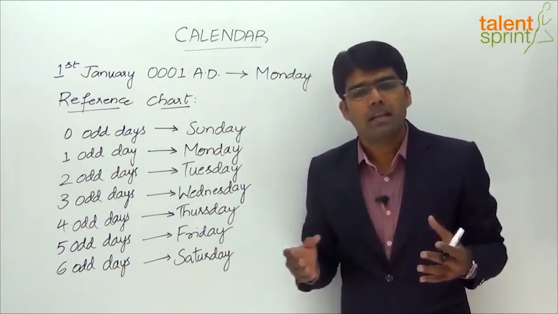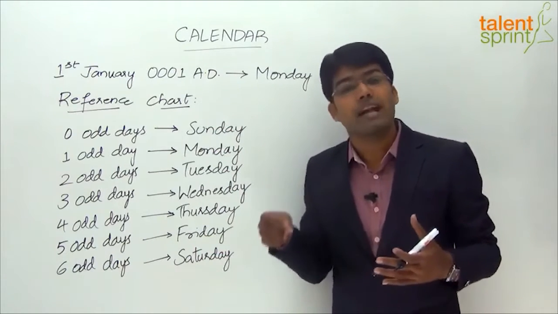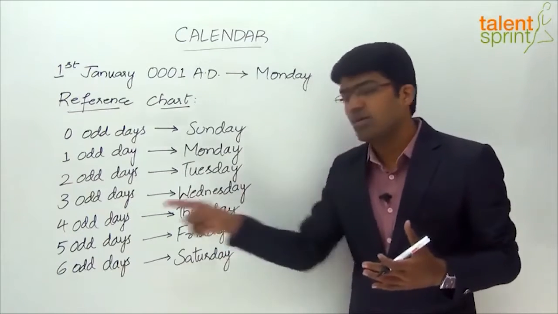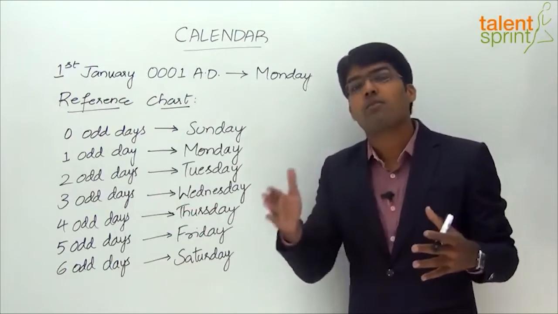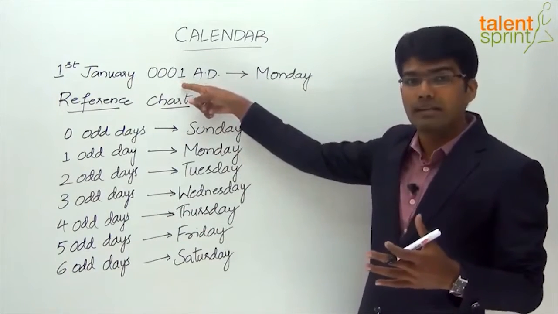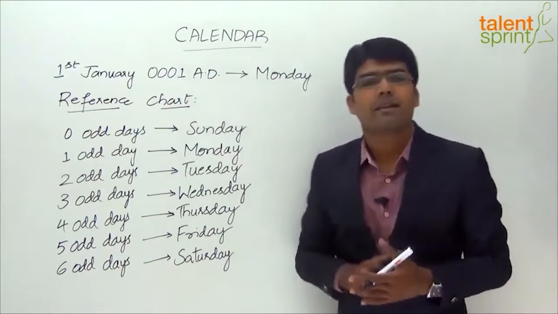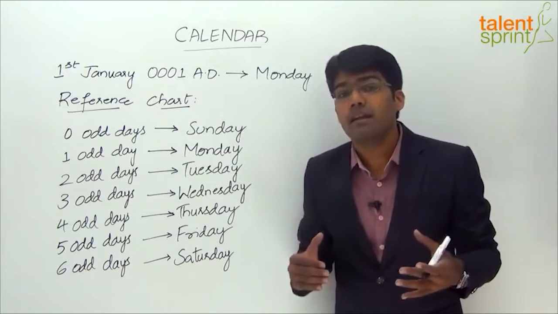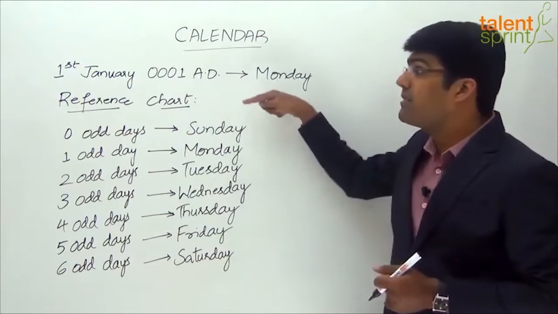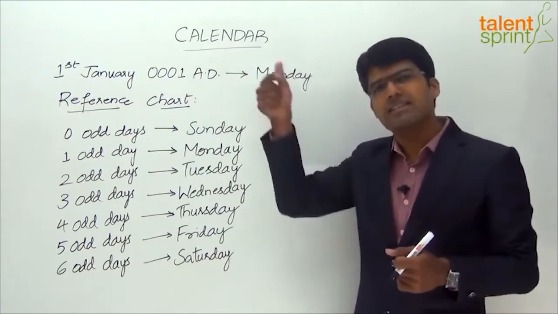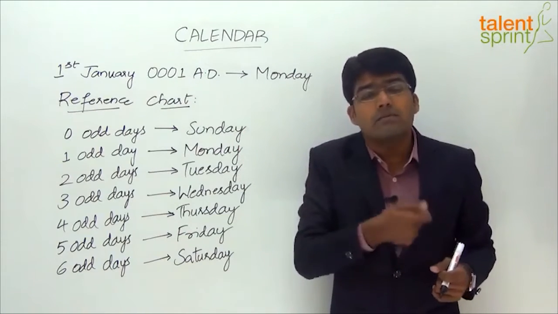So in a given period, if we get 5 odd days, then the last day of that period can be taken as Friday, because 5 odd days refer to Friday. So for any given period, when we find out the number of odd days from this particular point, let's say from 1st January of the first year, that number of odd days would give us the respective day of the week. What is our reference point? The day before 1st January of the first year. So we are starting from 0. From that reference point, when we find out the number of odd days, we will get the day of the week.